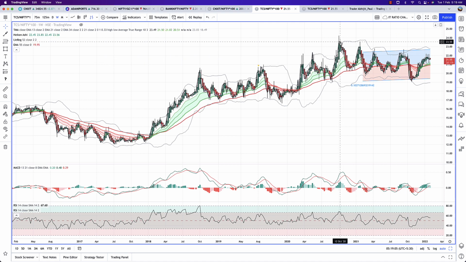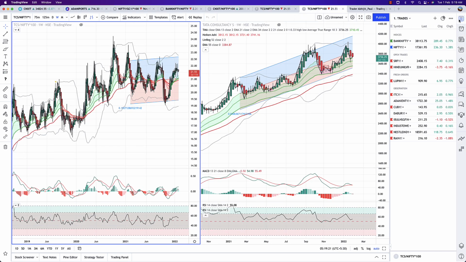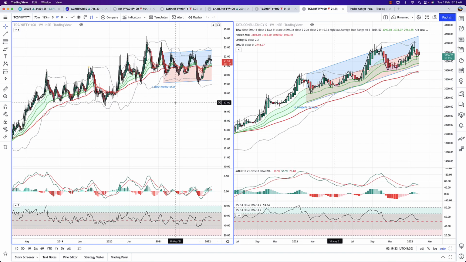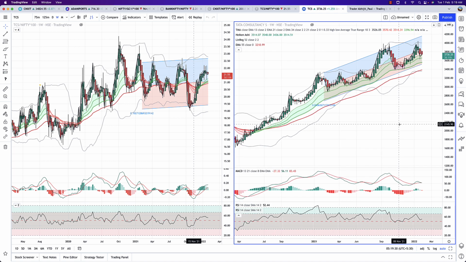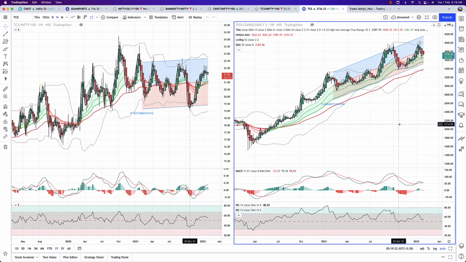Of course, the divergence and the topping out all happened much earlier, during October 20, post which the ratio has kind of gone sideways. Not a very pretty looking ratio, if you ask me. Infosys stands out better. Now I can take this example. I can bring you here where we have TCS on the left. This is the TCS Nifty ratio chart on my left, and this is the TCS stock chart.